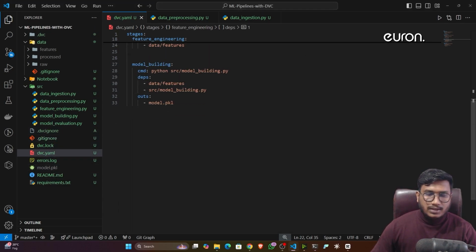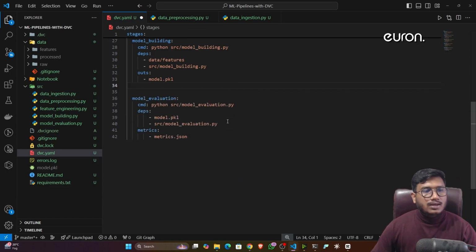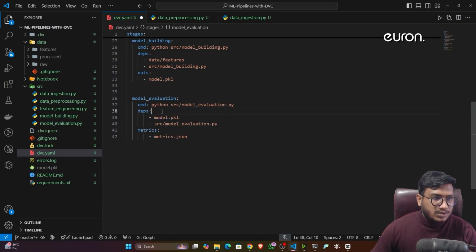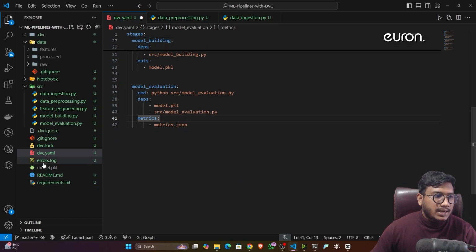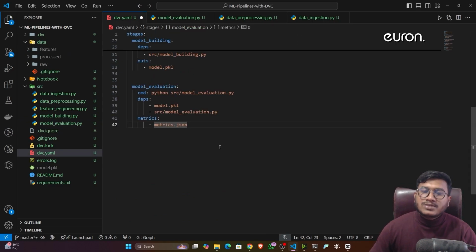Okay, now let's add the evaluation as well. So this is what your evaluation. Again you can see name is evaluation, this is the command, and this is the dependency. Model should be a dependency, and evaluation.py should be a dependency, and it will generate a metrics file. I think you remember metrics.json, because if I show you, it will create a metrics.json. And if you are getting any kinds of metrics as an output, that time you can mention inside